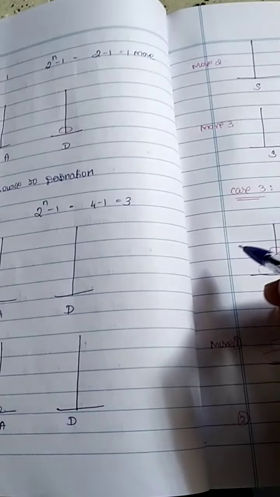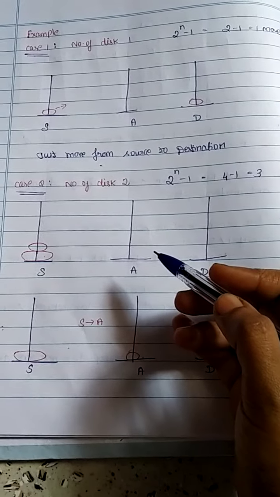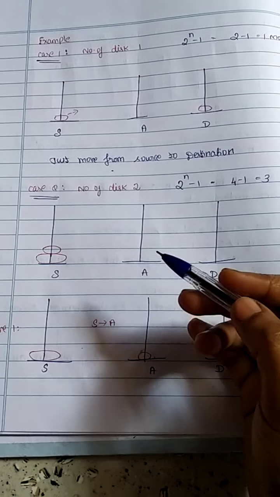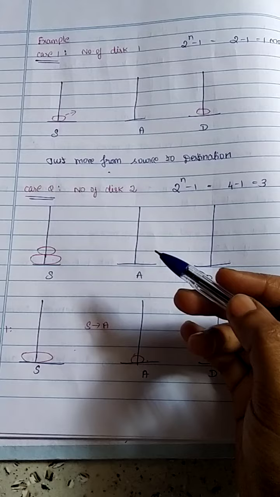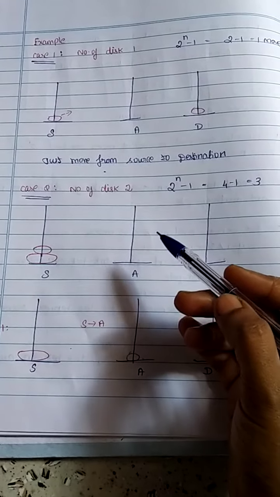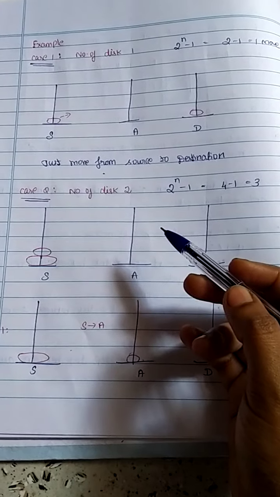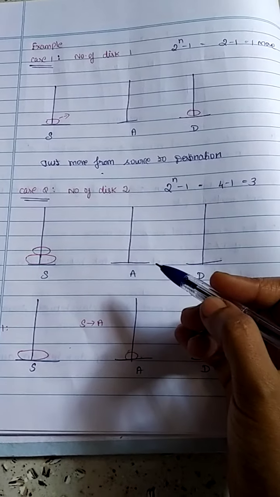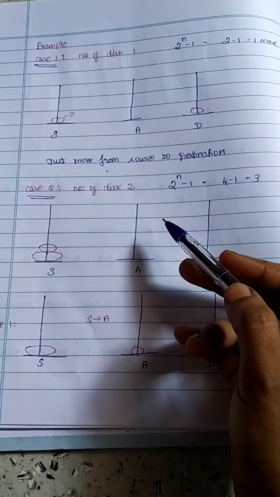We can easily implement this Tower of Hanoi problem using the stack, and there are 2 methods for implementing it. One is the recursive method, which uses a recursive function. A recursive function is nothing but a function that calls itself. Using the recursive function you can implement this method using a stack. The second method is the iterative solution without using recursion. Using a stack with the iterative method, we can implement it in an easier way. So there are 2 methods: one is the recursive method, another one is the iterative method. In both methods we can use a stack to implement the Tower of Hanoi problem in a simpler way.